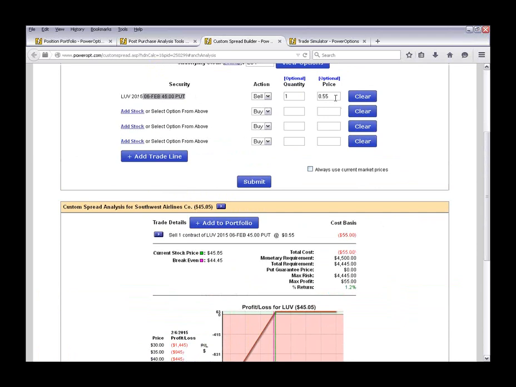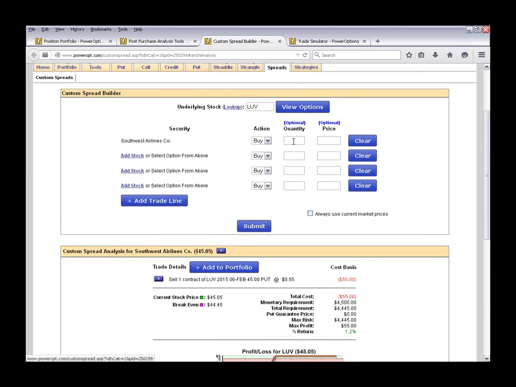We're going to assume, let's take assignment on this stock, so we know that we're going to have 100 shares of stock at a cost basis of $44.45. Well, we put stock at 45. We keep our 55-cent premium, so we now own 100 shares of stock at our break-even price of $44.45. So let's add that in for LUV. We'll put in 100 shares at